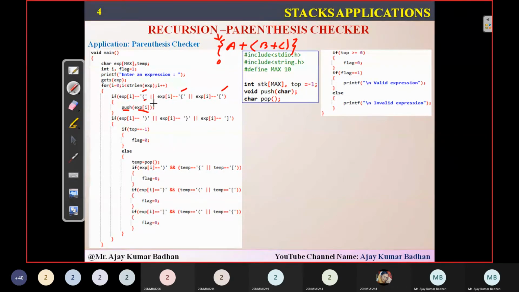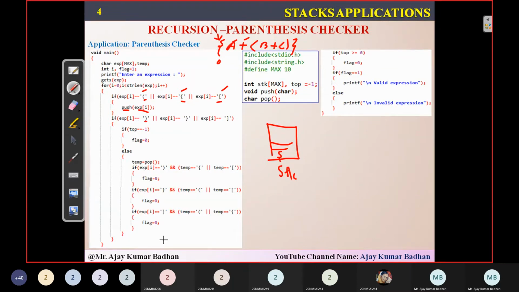So whenever you're getting an open bracket here, either of this type, this type, or this type, simply push that particular bracket into that stack. I mean, push whichever open bracket you're getting. It is only an open bracket that asks you to push into that particular stack. So previously I showed you, right? I had a stack. So initially what is the expression I got? So I pushed it here. So this expression I'm pushing it into this particular stack. Okay. So next thing what I'm doing, if expression of I is equal to close, because I am not interested in A or plus or not. I am only interested in the brackets. Now, next time I equal to 1.